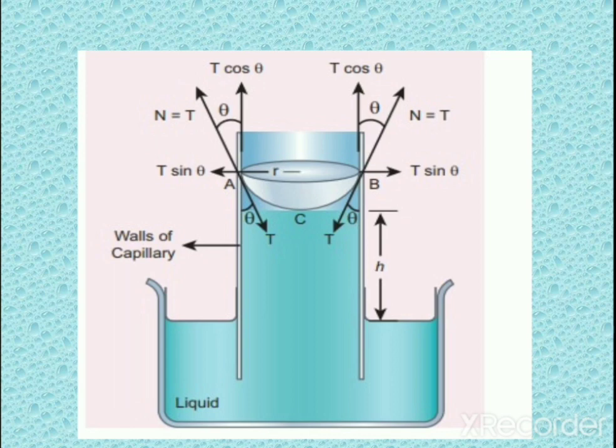Now the force due to surface tension will act at an angle theta with the walls of the container and is directed towards the liquid. There will be an equal and opposite reaction R to this force, as the liquid is in a stationary position, in accordance with Newton's law. This force can be resolved into two components: R cos theta, which is equal to T cos theta, along the vertical in the upward direction, and R sin theta, which is equal to T sin theta, at right angles to the walls of the container and acting in the outward direction. This is shown in the figure.